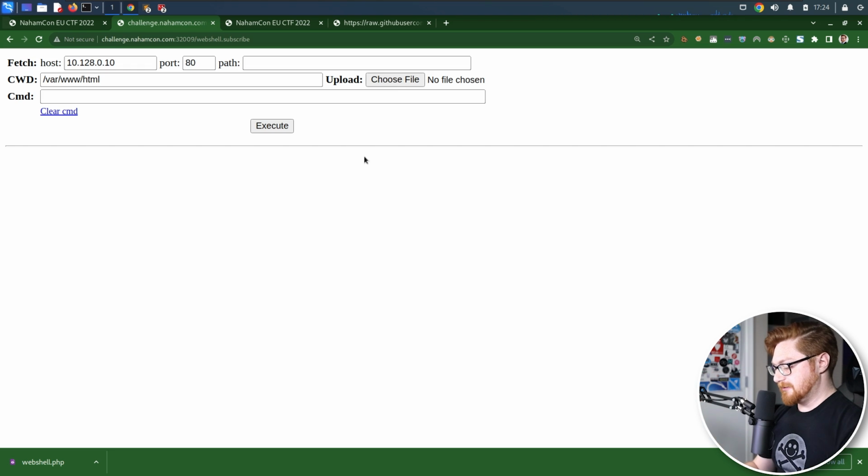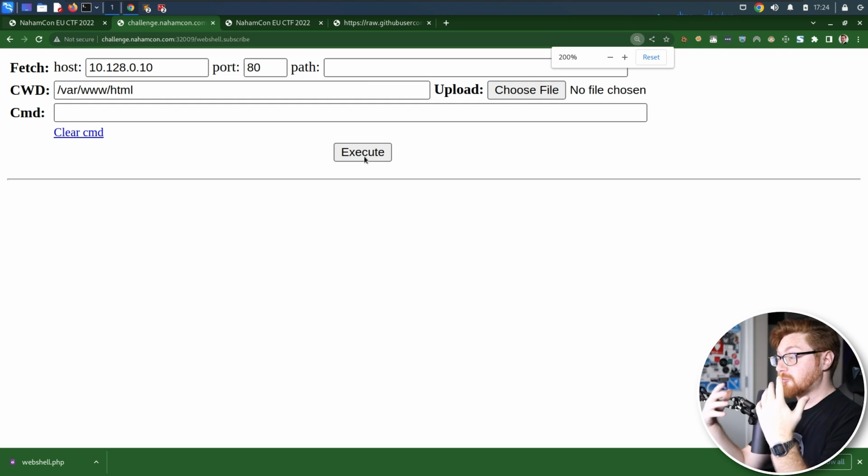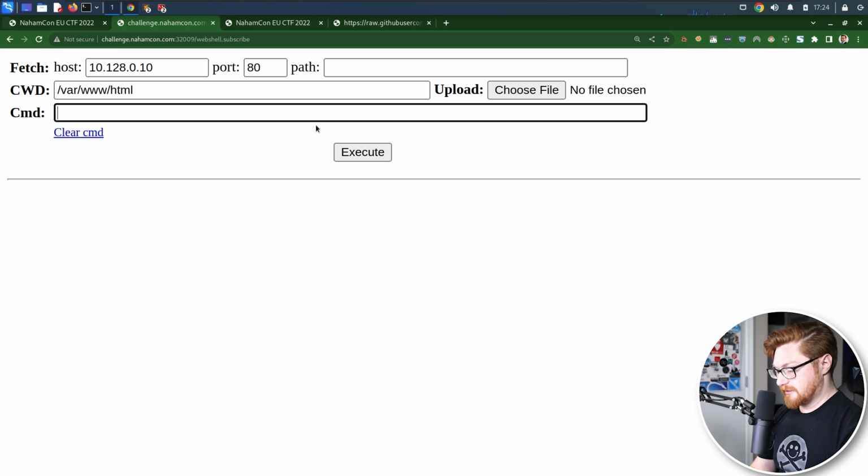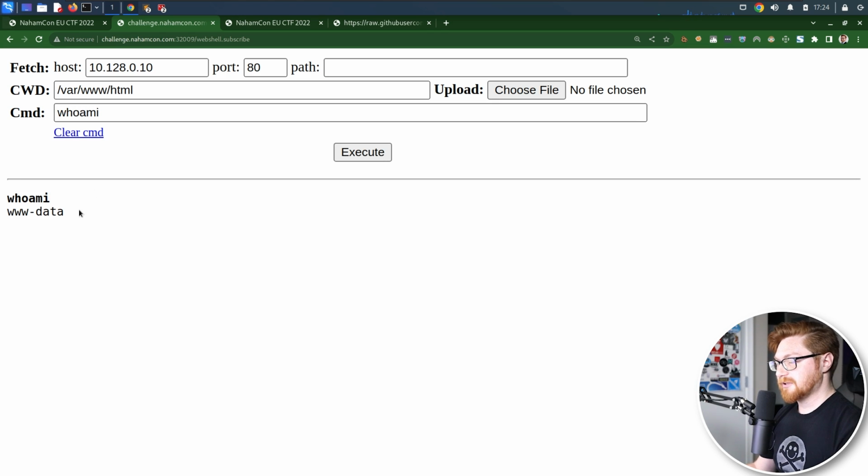Now, all of that PHP code that we used to just not be able to run, but we could at least read and see because the server responded right back out to us. Now it's actually going to be processed. So I could run commands, could I not? I could just run, well, who am I? www-data. Look at that. I could run id, of course, still, again, www-data, but I could just go ahead and